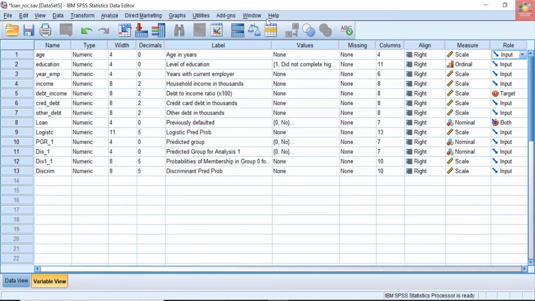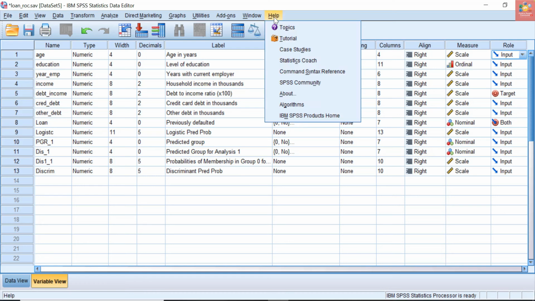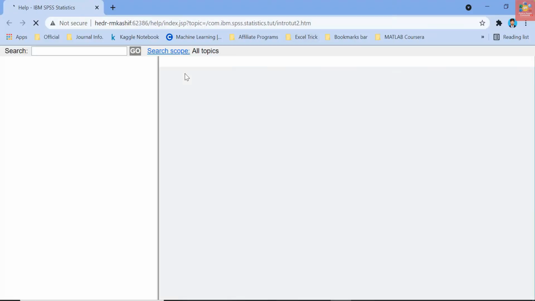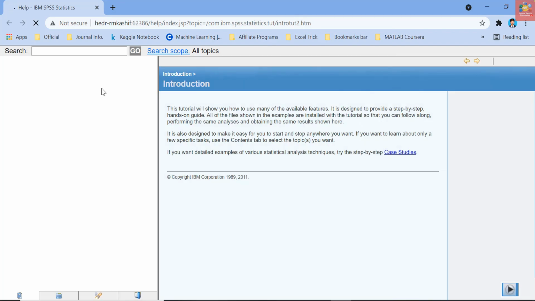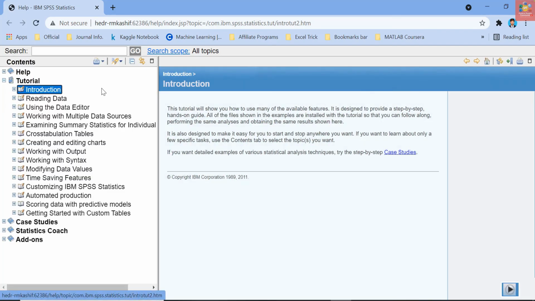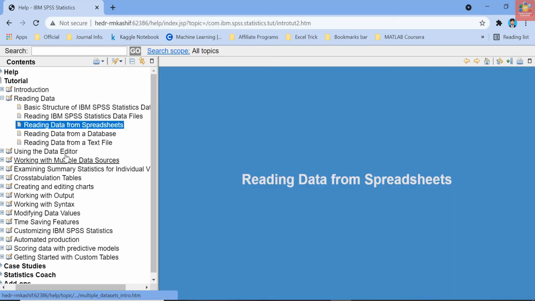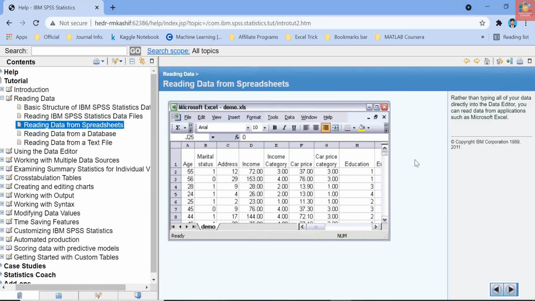If you go to help, there are a lot of tutorials available, where SPSS has already given you a step-by-step introduction of how to read data and how to work with data in SPSS, with practical examples and screenshots. So it is also a good way to look into the tutorial window from the help menu. It will help you a lot.